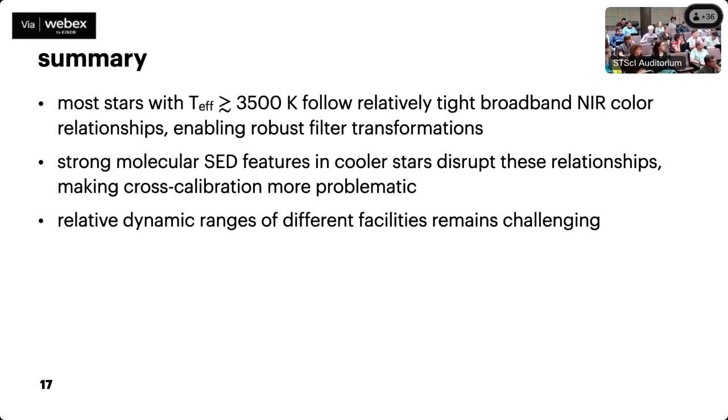I want to help with the question you got about synthetic photometry past 2 microns. It works great. The whole calibration that I reported on depended on that to a large extent. Now, if the star has an infrared excess, of course, you don't get it in the synthetic photometry. The one caution is the W3 filter is a mess. It's very broad and very complex, and I might not trust synthetic photometry with a filter like that.